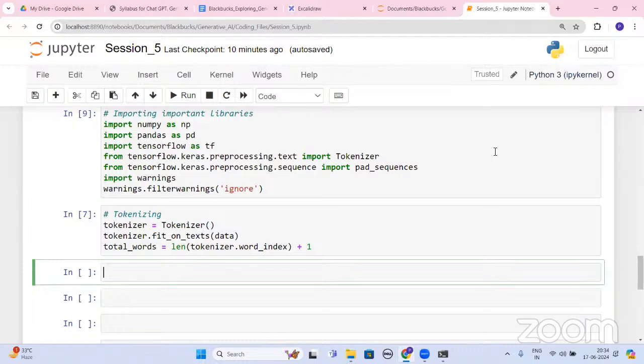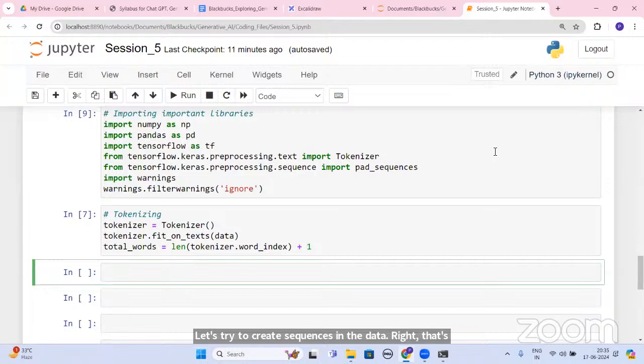Now, guys, after you are done with this, let's try to create sequences in the data, right? That's the next point.